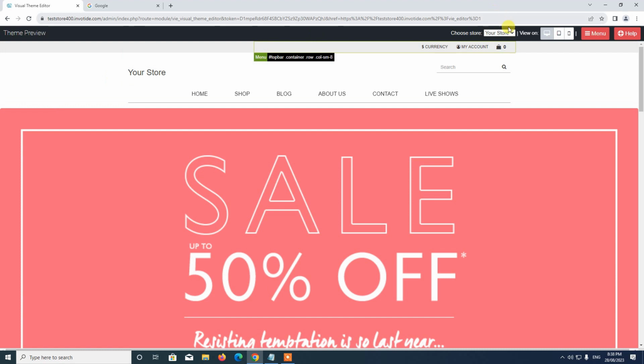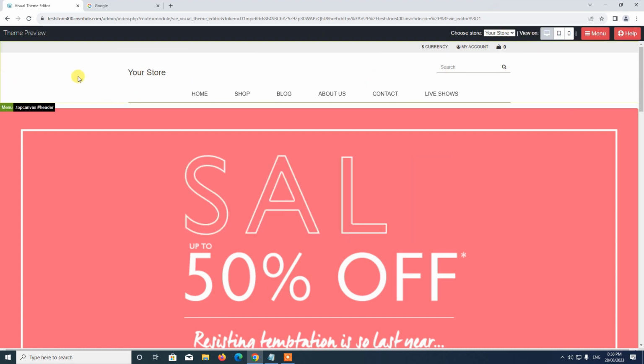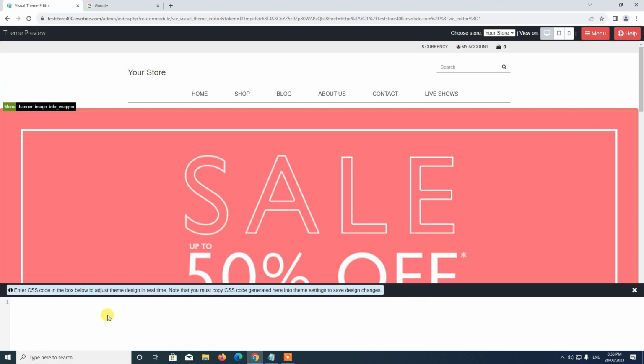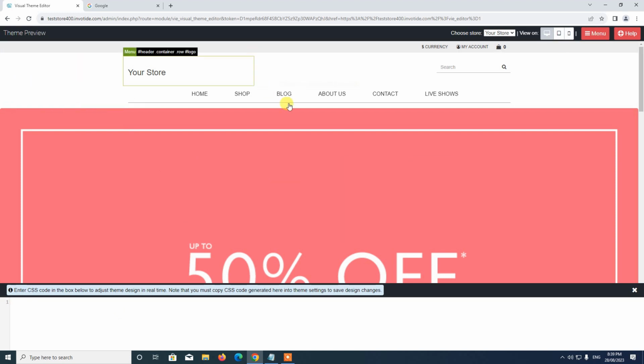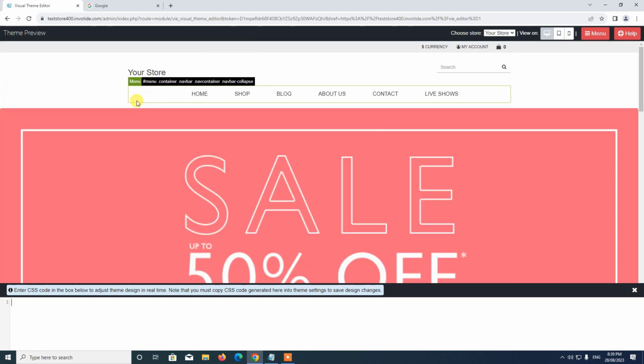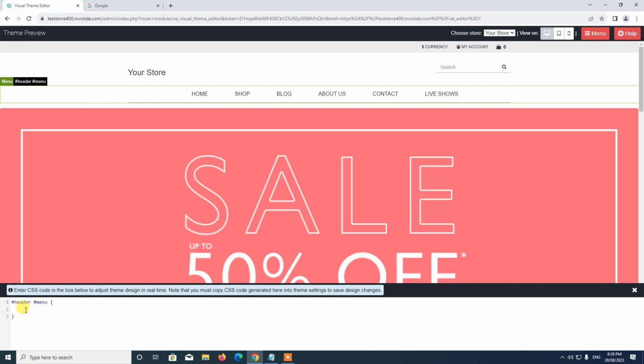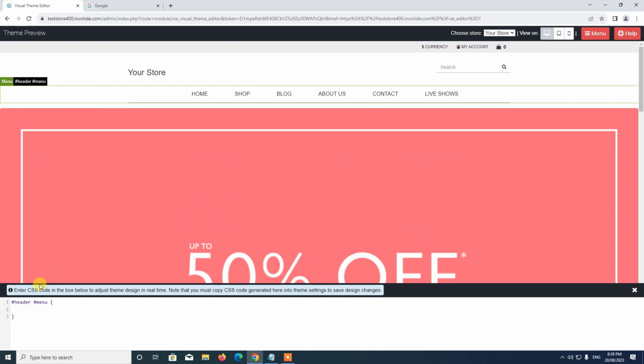So let's say we want to change the background color of, let's say the menu section here. We want to change the background color. To make this change, we will need to use the CSS editor module. So to do this, let's select it. So the CSS editor allows us to add CSS code and see our adjustments in real time. So to make this change, we come here. Once we highlight the section we want to adjust, we click on it. So this will add the CSS snippet for that section into the